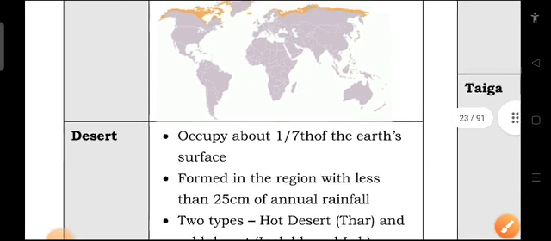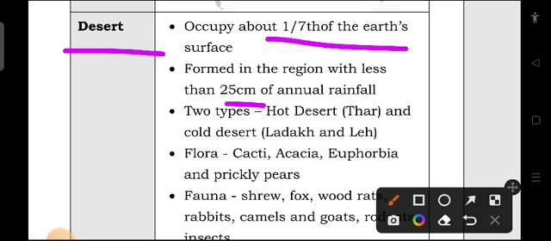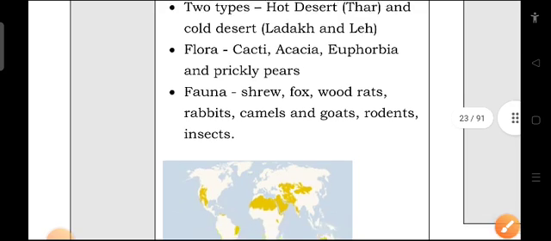Next we are going to look at the next type of biome, which is desert. Deserts occupy 1/7 of the earth's surface. They are formed in regions with less than 25 centimeter of annual rainfall. And there are two types of desert, hot desert and cold desert. Example, Thar desert, and for cold desert it is Ladakh and Leh, which is in northern India,